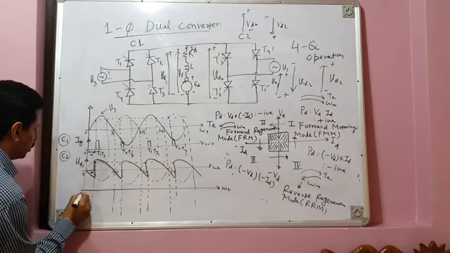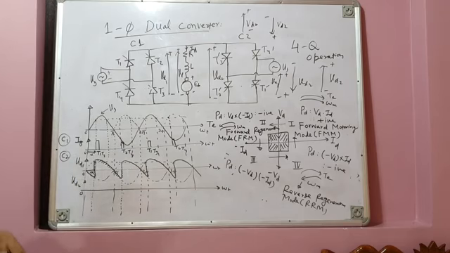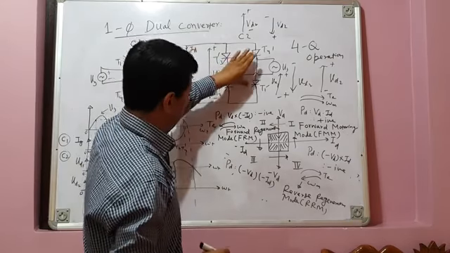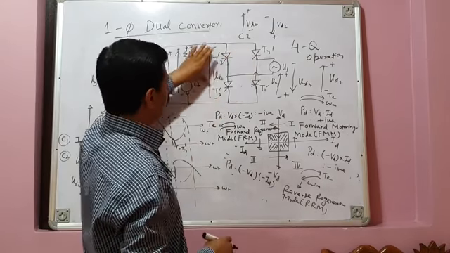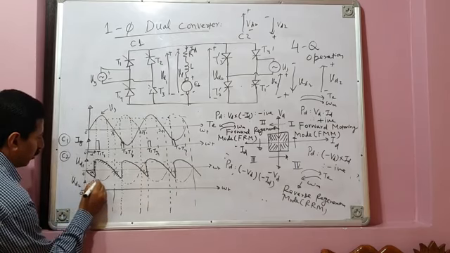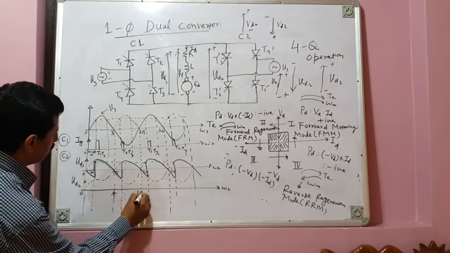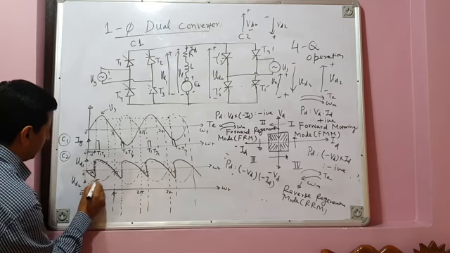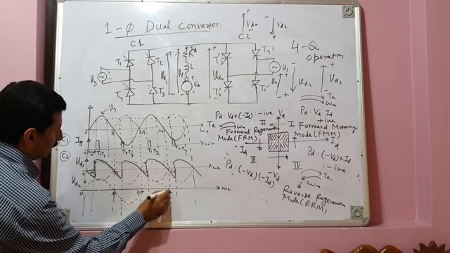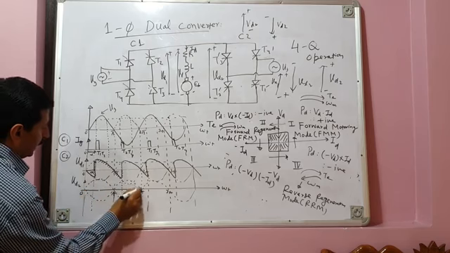Let me draw VD2. Load voltage VD2 is the output voltage of converter C2, which is operating in the inversion mode of operation. Let me first of all draw the positive half cycle. See, this is my pi, this is 2 pi, this is 3 pi, and so on. Let me first of all complete this positive half cycle and negative half cycle like this, and then like this.